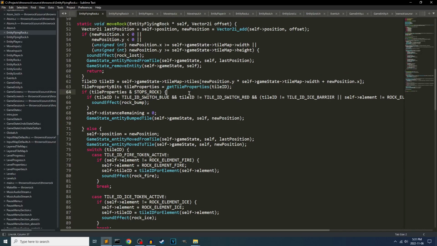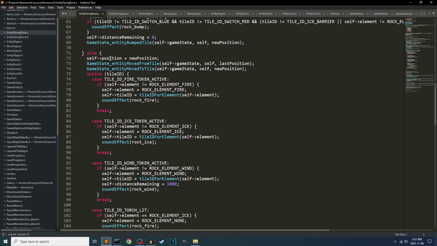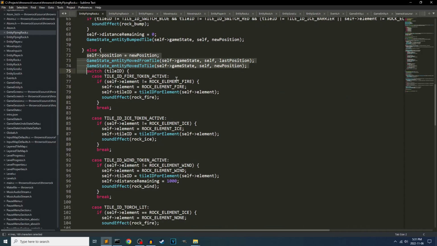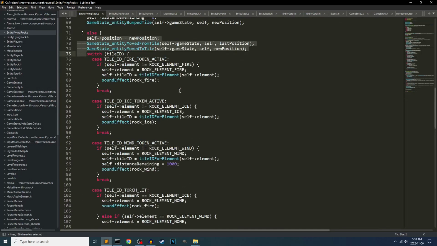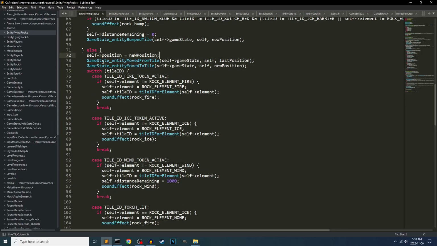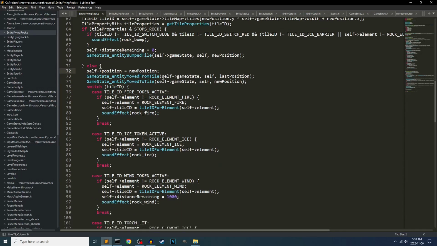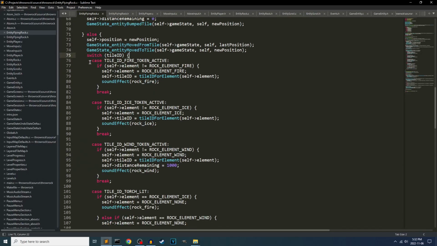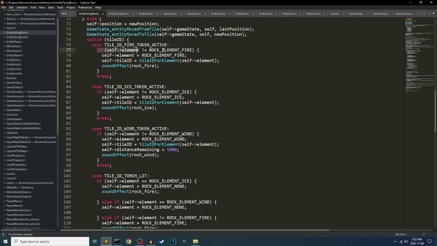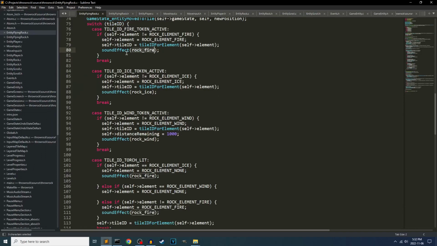So if this tile doesn't stop a rock, then I know I can successfully move, right? Yes, but I might also need to do other stuff. So position equals new position. So I've successfully moved it because that tile doesn't stop the rock. And I don't care about floor support because I'm flying. Entity moved from tile, entity moved to tile. Yeah, from the old one to the new one. If you're flying over a fire token that is active and you are not currently fiery, then become fiery, set your graphic appropriately, and play the fire sound. Same with ice, same with wind, and when you become windy,